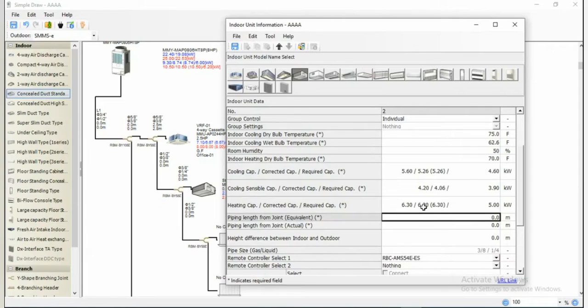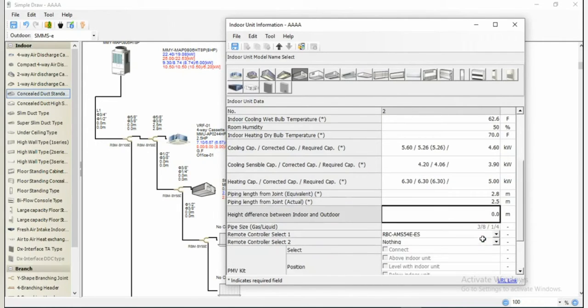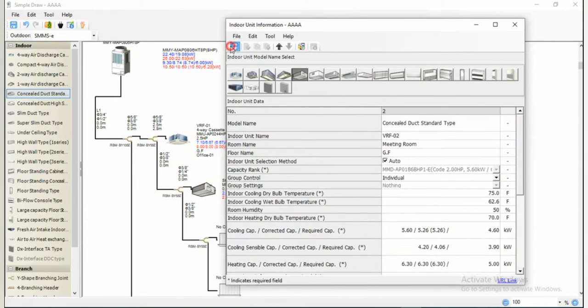So now I have to specify the piping length from the joint equivalent. From this joint to the machine, I have to specify the length. Let's say I'm going to use equivalent is 2.8 and actual 2.5 meter, and height difference between indoor and outdoor units same, 4.5 meter, and then save it